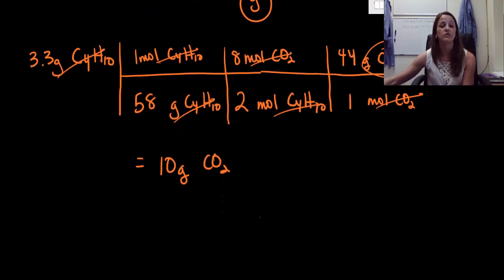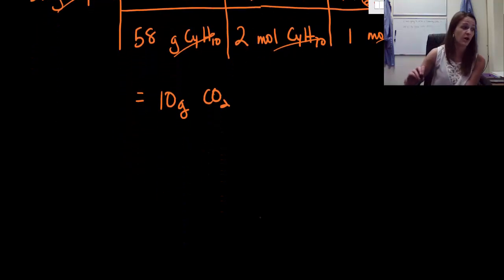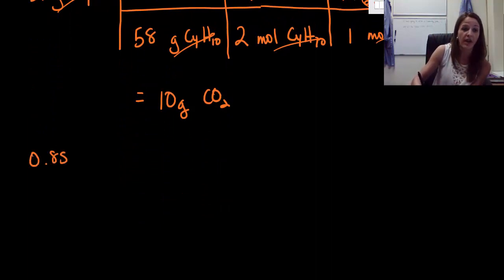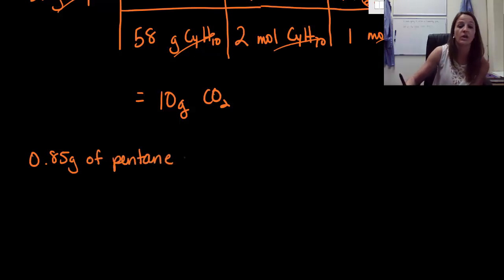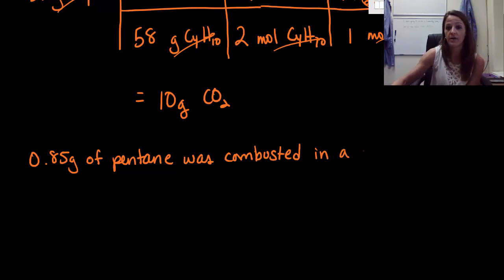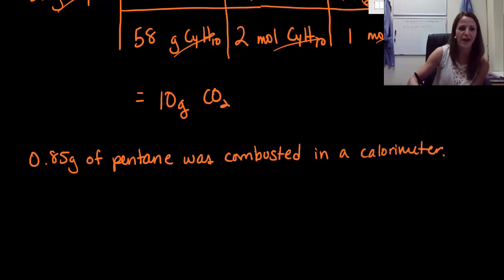All right, now let's move on and let's see if you can actually do one of these problems. We're going to take it a step further now. If you have 0.85 grams of pentane, so we're going to say 0.85 grams of pentane was combusted. We did a combustion reaction in a calorimeter. These calorimeters are coming back. They're sneaky. Okay, what mass